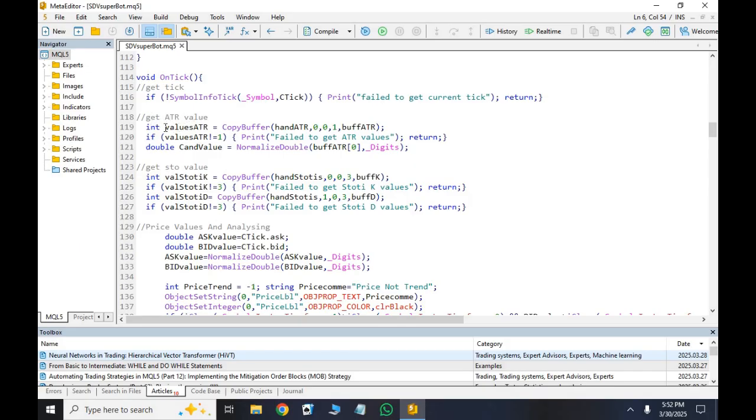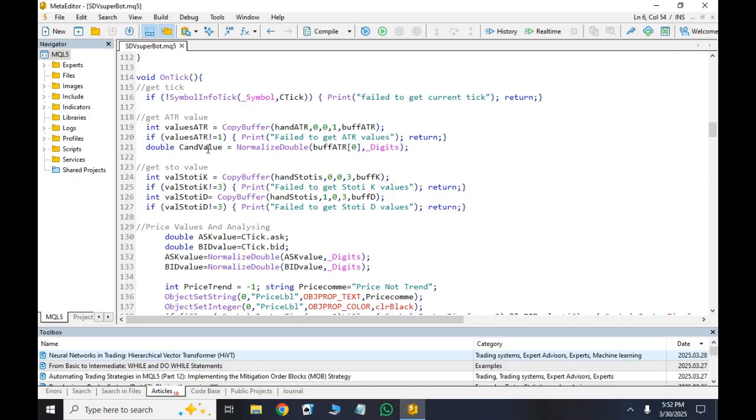ATR values: the handle values copy to buffer, 0, 0, 1 for buffer ATR. That means one ATR value is copied to this buffer. If the copied value is not equal to 1, that means the ATR value is not copied, then return. If it is equal to 1, then